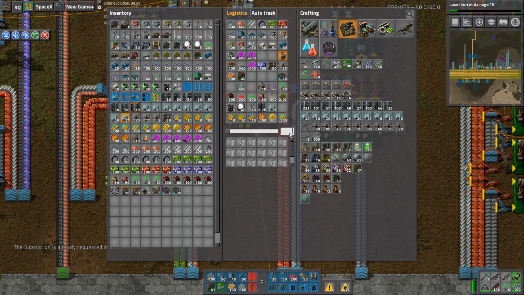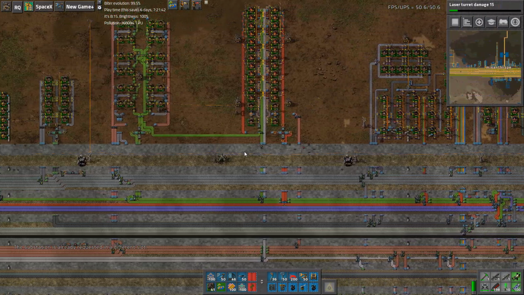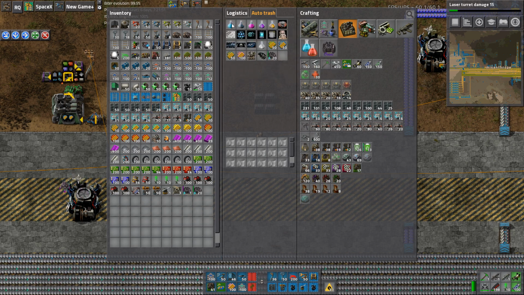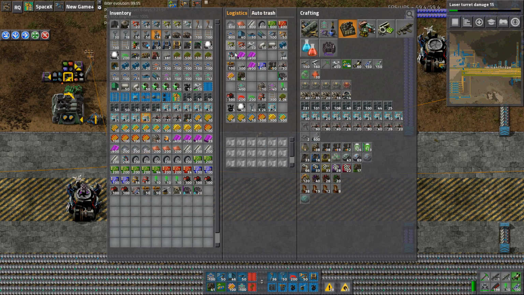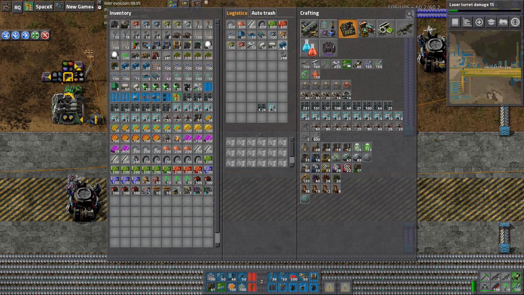Oh. This means my inventory is going to fill up really fast, so stop the auto trash because I don't want all my stuff to get auto trashed when I get to the new planet. And all I want to have are, let's see, I already have all these, so